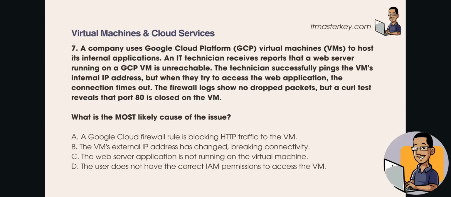A company uses Google Cloud Platform virtual machines to host its internal applications. An IT technician receives reports that a web server running on a GCP VM is unreachable. The technician successfully pings the VM's internal IP address, but when they try to access the web application, the connection